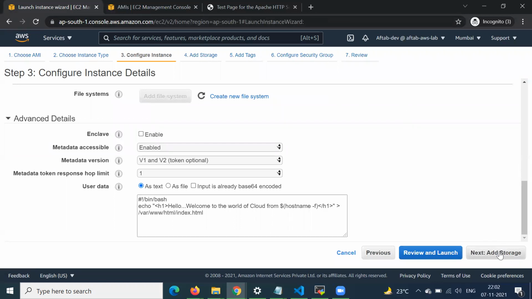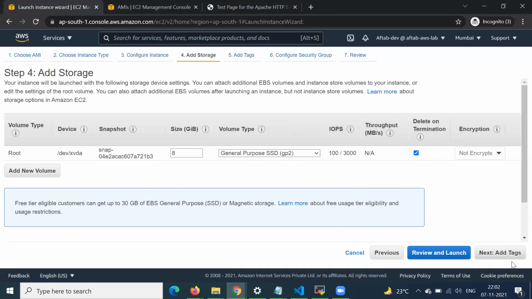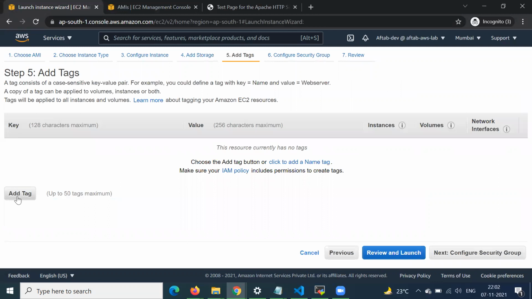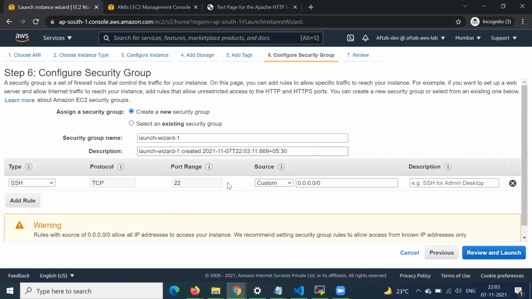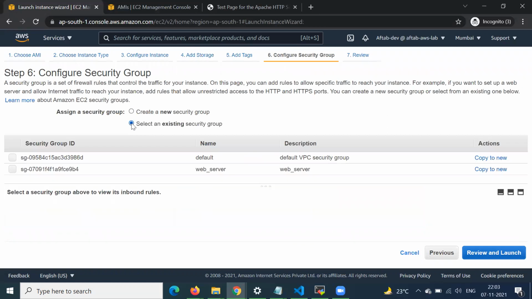So for now, we can go and add storage. We can keep this as it is, and we can add a tag here, name. We can say this custom AMI server. Then configure security group.